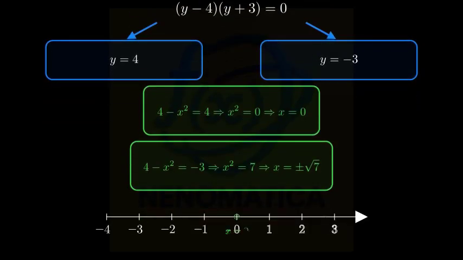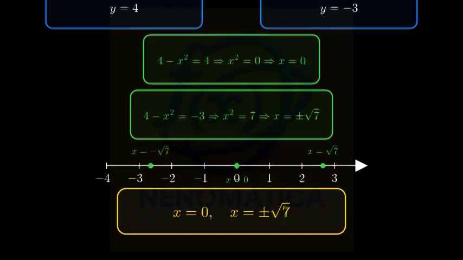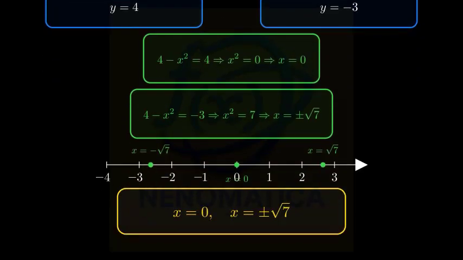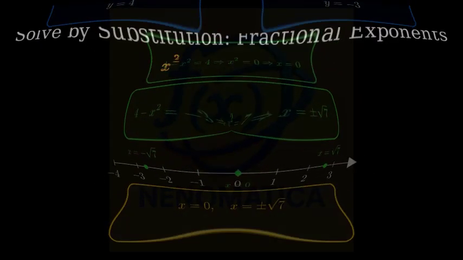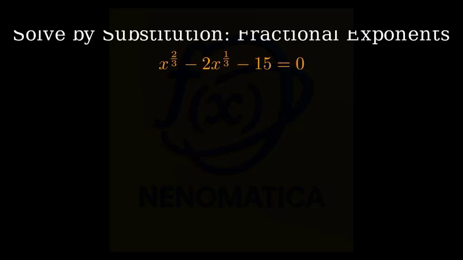To visualize the solutions on a number line, we mark x = 0 at the origin, and x = ±√7, which is approximately ±2.645. Therefore, the solutions are x = 0, and x = ±√7. Final answer. Here is the example we will solve: x^(2/3)